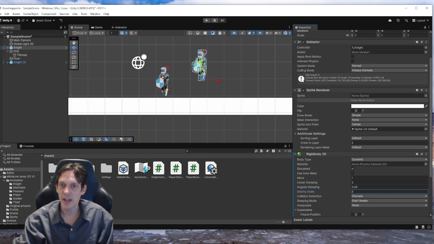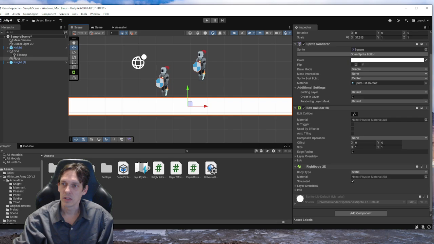We've also gone ahead and taken the square that we previously used as a player, and we turned it into a long square by using this deform button here to stretch it out. So it's stretched out now, and as a stretched out thing, we also gave it a box collider 2D and